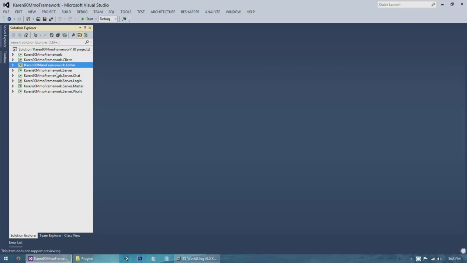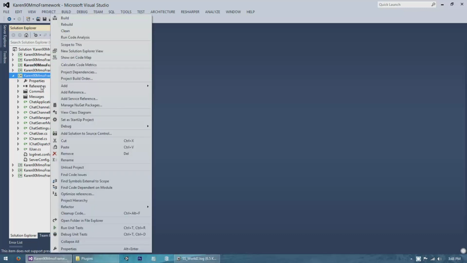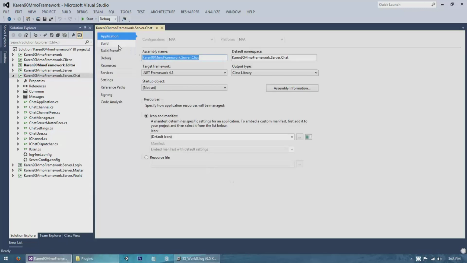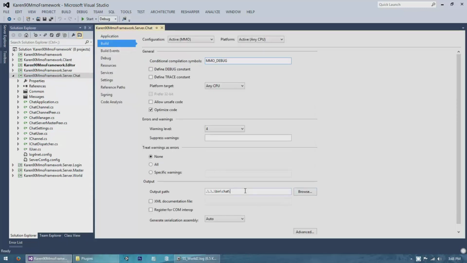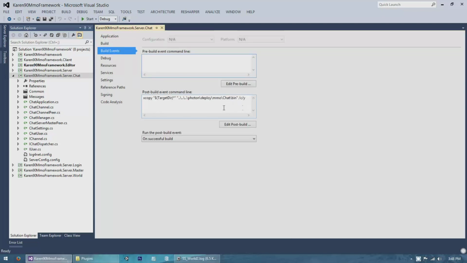The other folder to actually worry about is the individual servers. So I have chat, login, master, and world. And first thing, you have the chat. You do the same thing. It automatically builds to the bin chat folder, and I also have build events. So we need to build